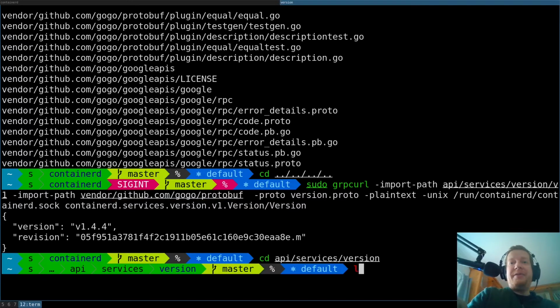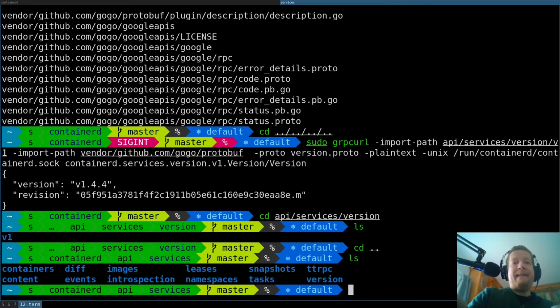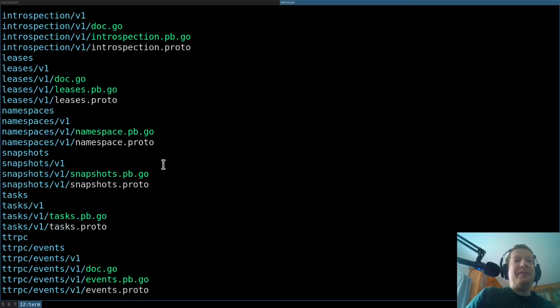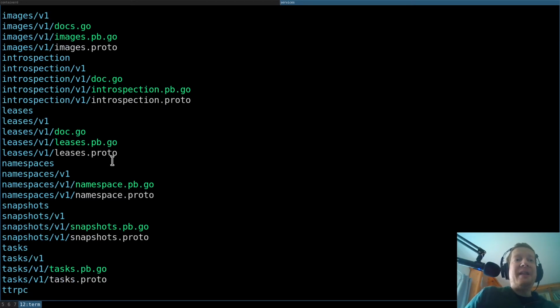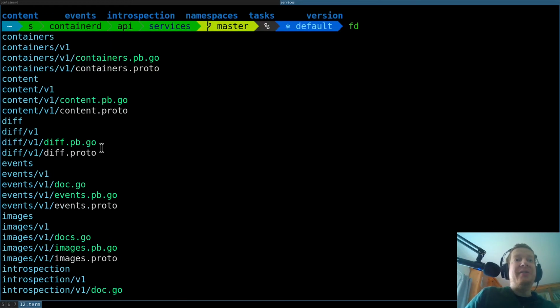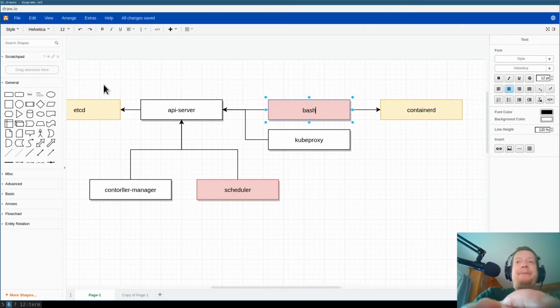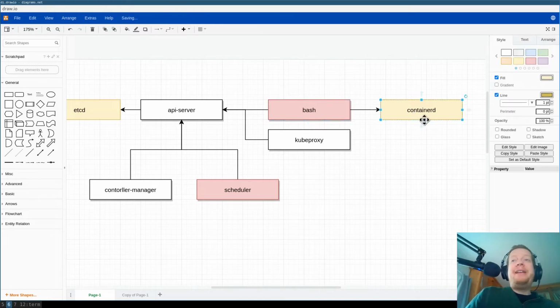So version, okay, let's go to these are the services. Oh, we have snapshots, namespaces, images, different containers actually. So maybe I can just start the container, right? And in that case, I don't need the kubelet at all. Well, the problem is that even if we found this